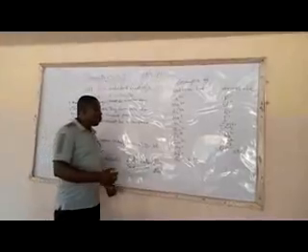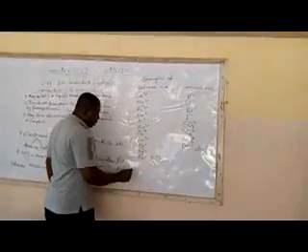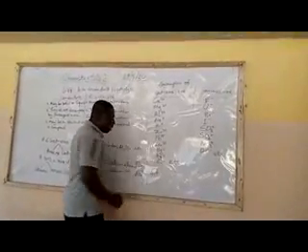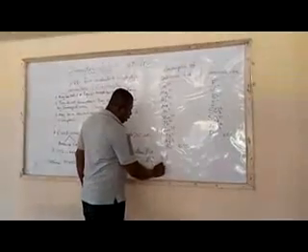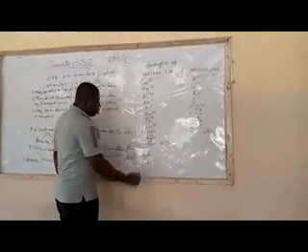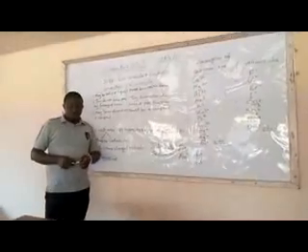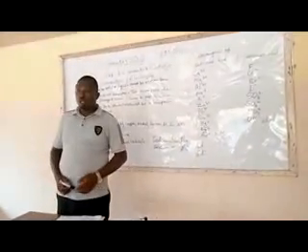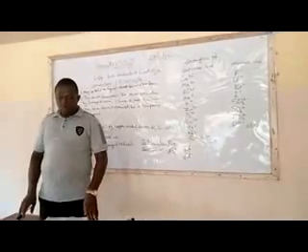Another example is chlorine, element number 17. Chlorine has 17 electrons. Chlorine can become a chloride ion, Cl minus. It will now have 18 electrons because it has accepted one electron to make it an ion. So, these are the terms we are going to see while we study electrolysis.